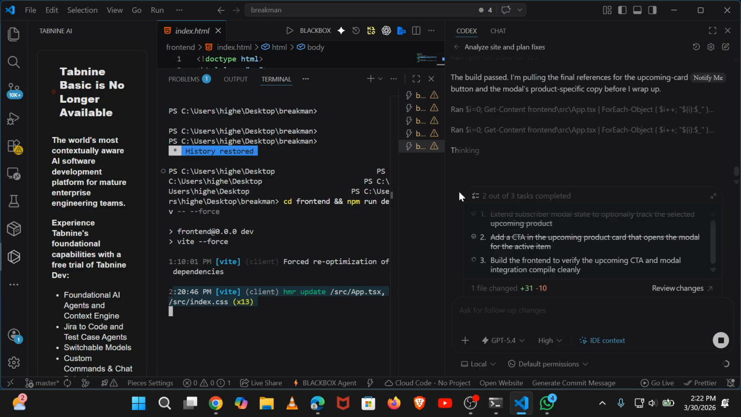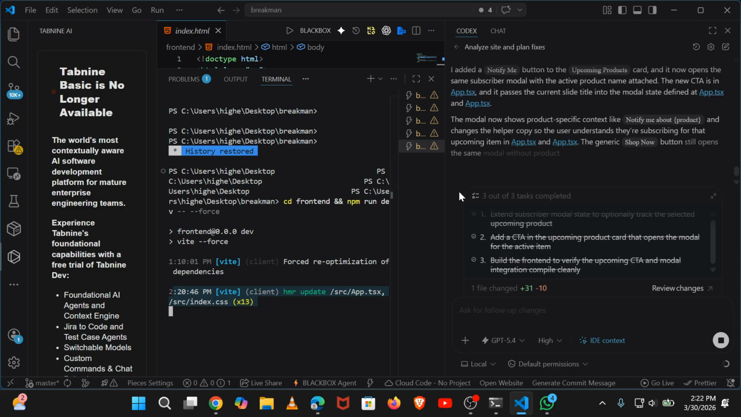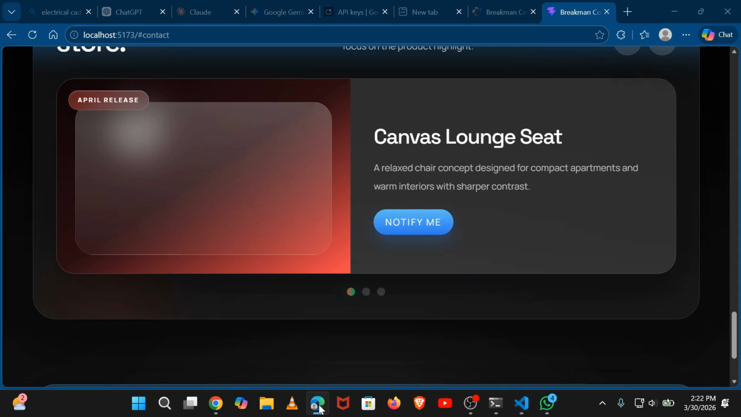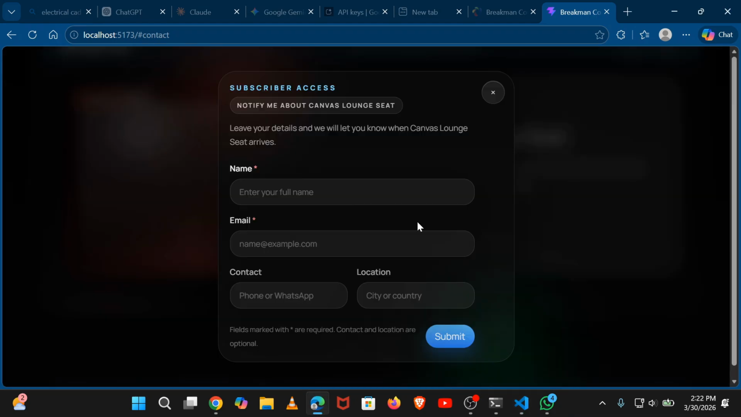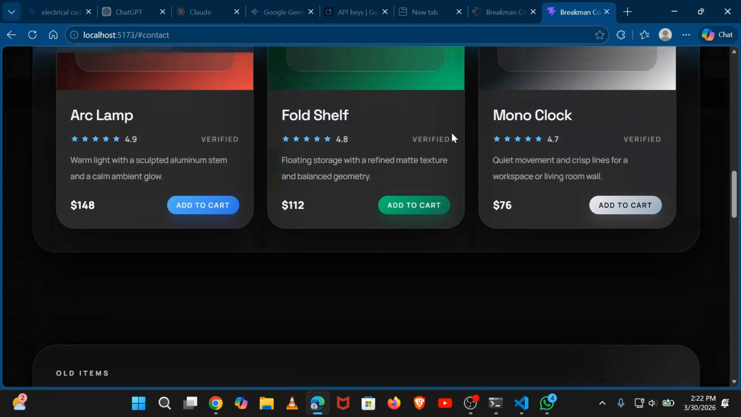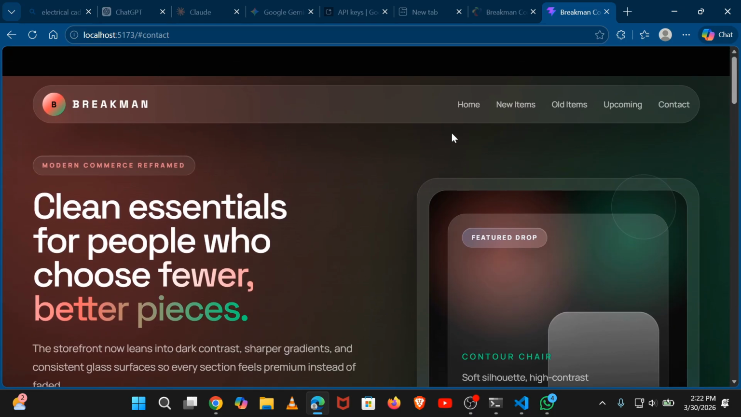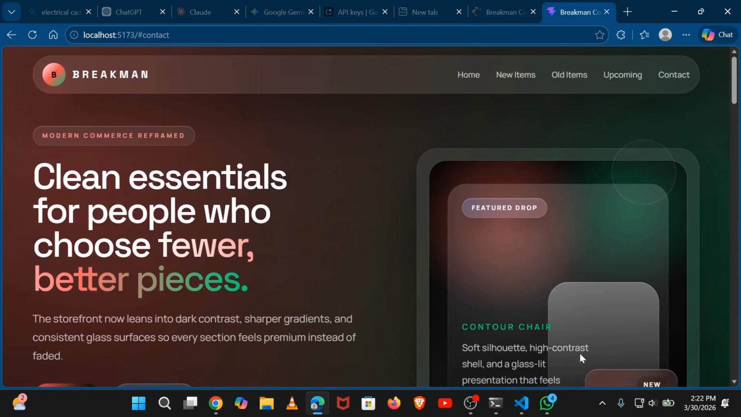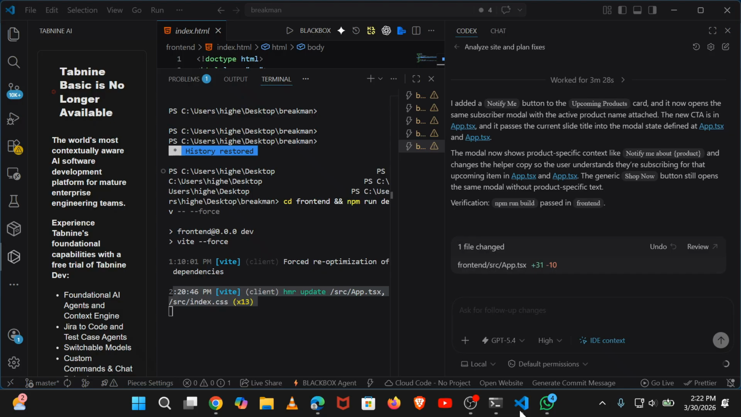You can see, build the front end to verify the upcoming call to action. You see, okay, and it is applied. Everything now is working well. And when we click that button, you can see what happens. That modal will come. So to finalize this, we should ask